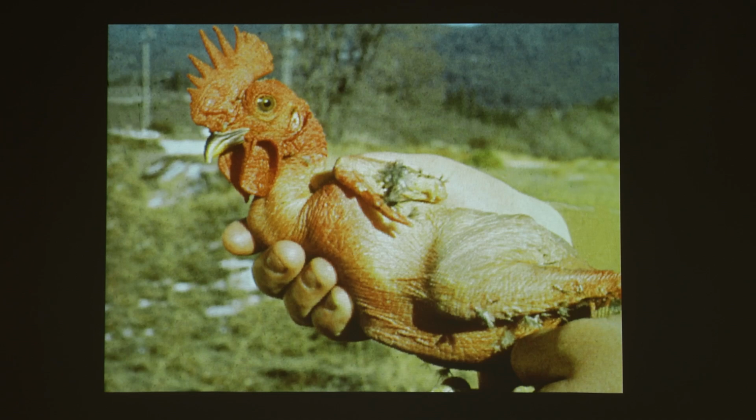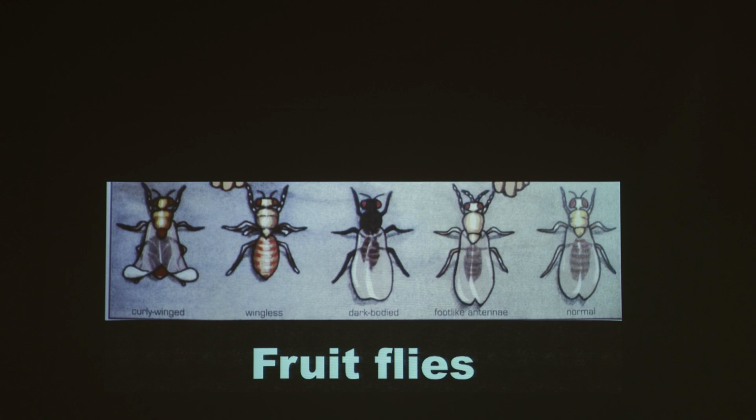Mutations can also produce featherless roosters. Well, not only does this mutation make it more difficult for the rooster to engage with the ladies, but also it's making it more susceptible to the sun. The feathers are not protecting it from being sunburned and damaged. This is a harmful mutation for the rooster. But evolutionists will say, well, we just need so many generations and mutations to eventually produce the new genetic information of ultimately a new creature that evolution proposes.